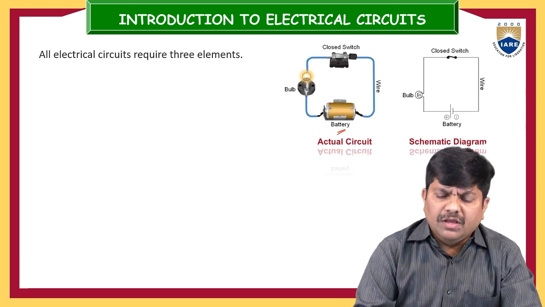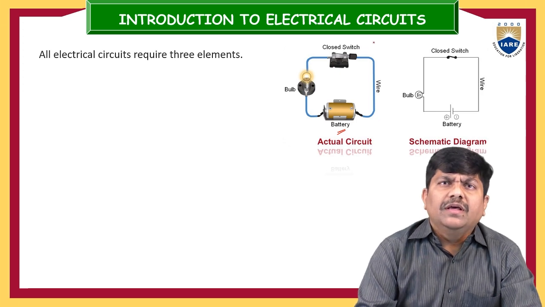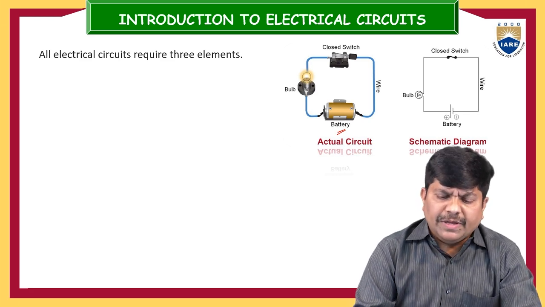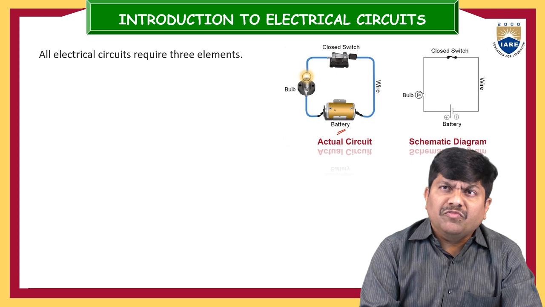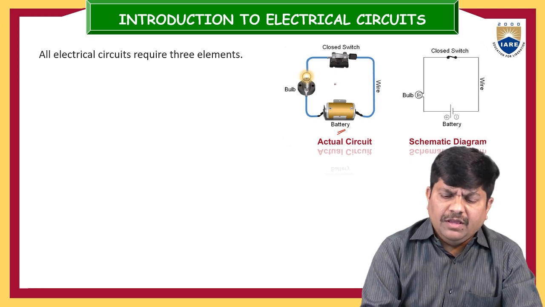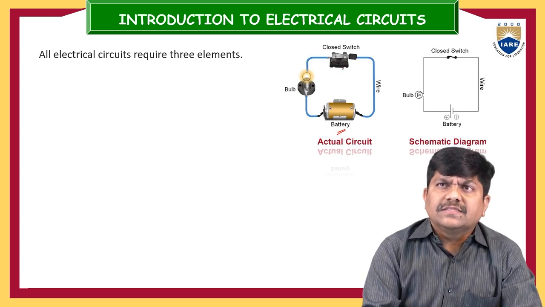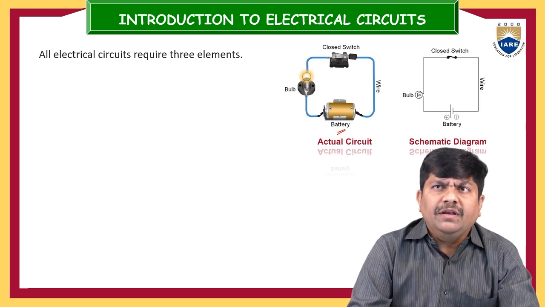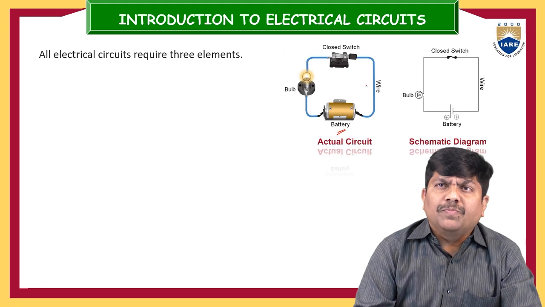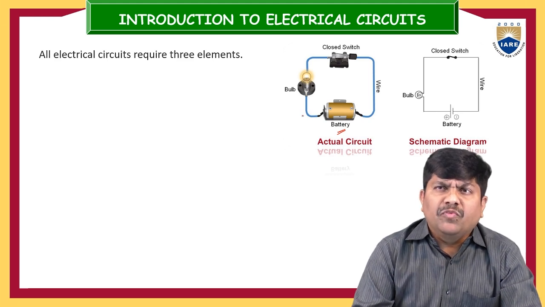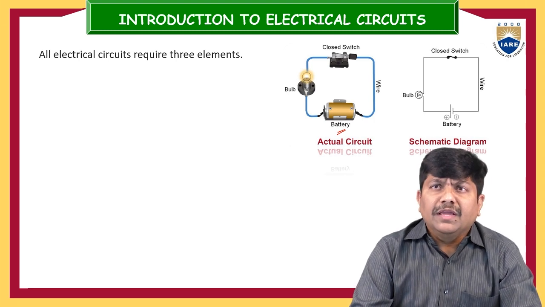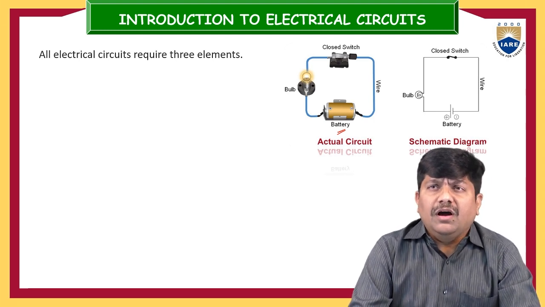If the switch is open circuited, the total circuit is broken into two different pieces. So in that case, what happens? Whatever amount of force the battery is giving may not find a closed path, as the switch is open circuited. So exerting a certain amount of force on the charge particles is not possible. In that case, the bulb is not illuminated. The bulb is in a completely off condition.